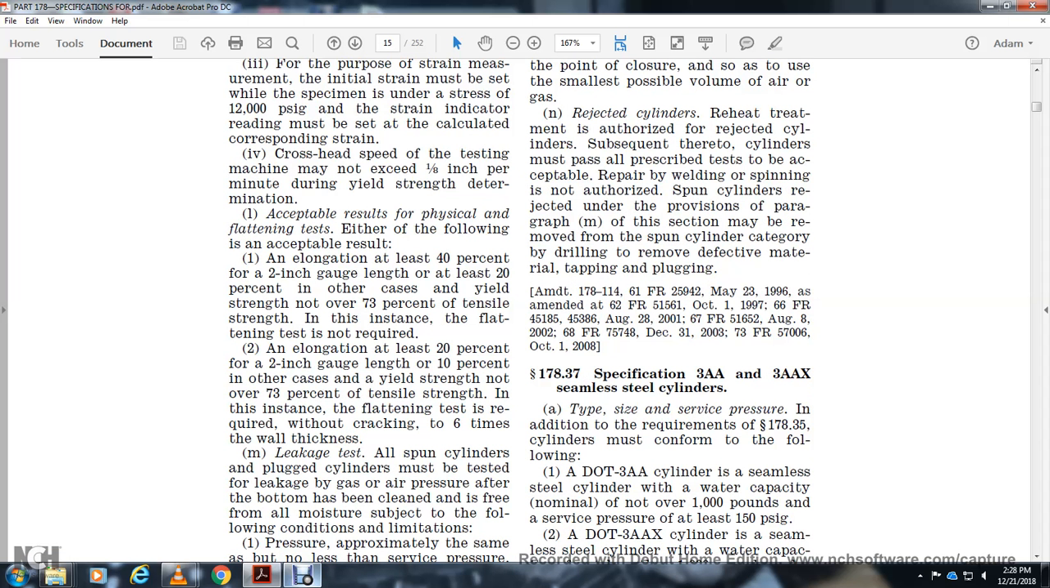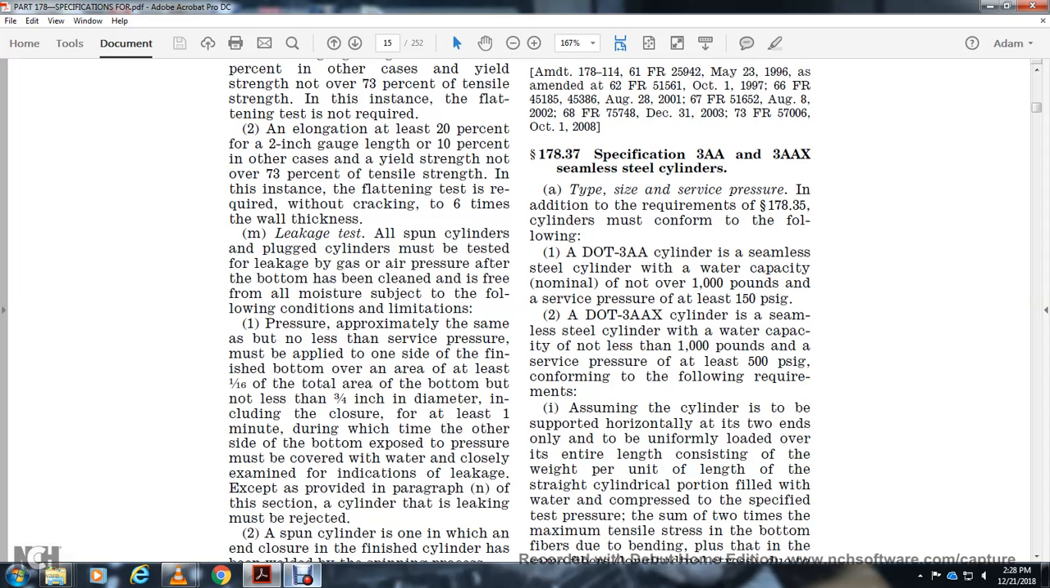Plug cylinders must be tested for leakage with gas and air pressure after the bottom of the cylinder is clean and free of all moisture, subject to the following limitations. Pressure approximately the same on the outside surface must be applied to one side of the finished bottom, over an area of at least 1/16 of an inch, with the whole area of the bottom not less than 3/4 of an inch in diameter, including the closure, for at least 1 minute while the other side